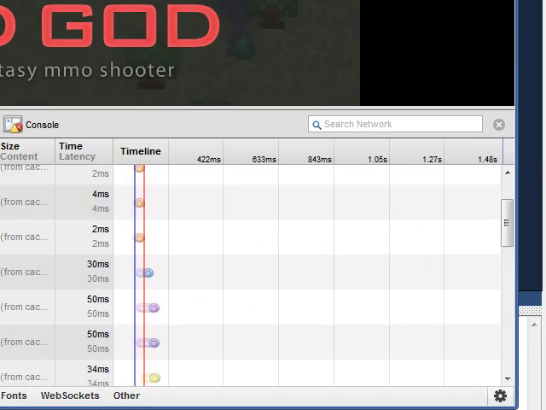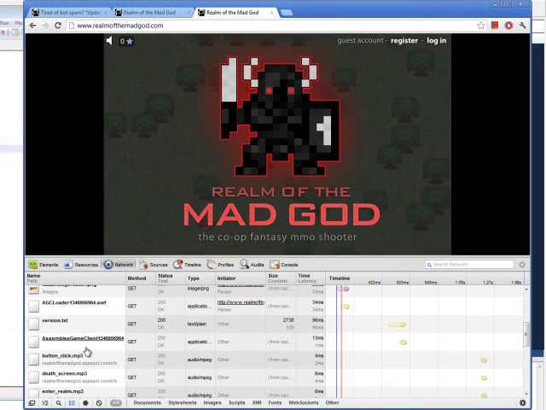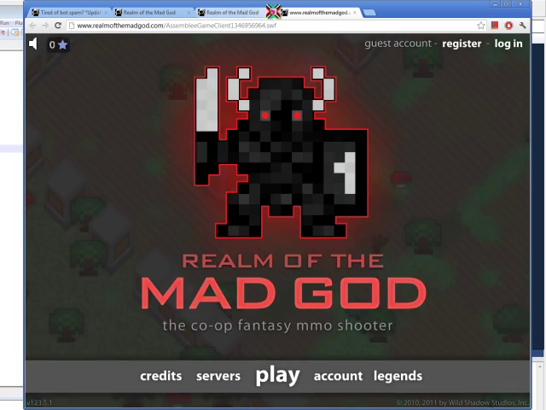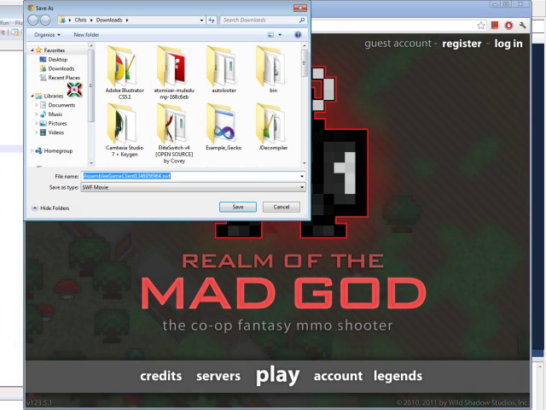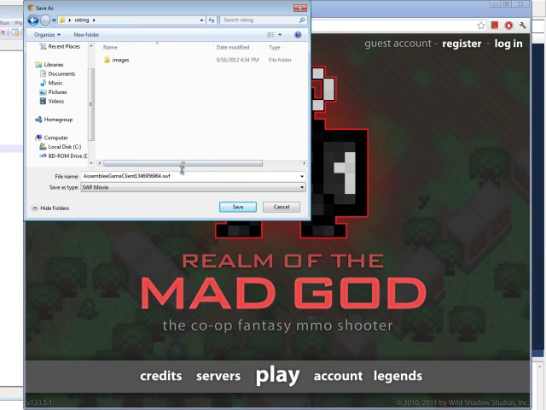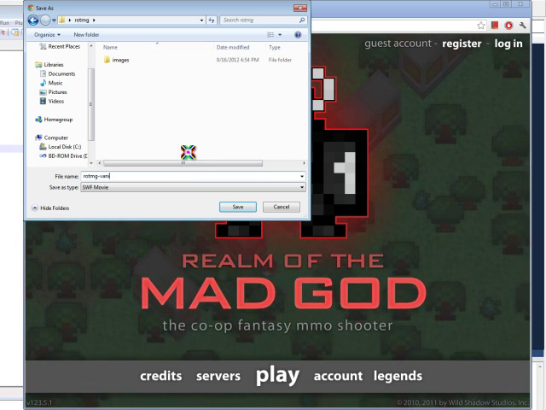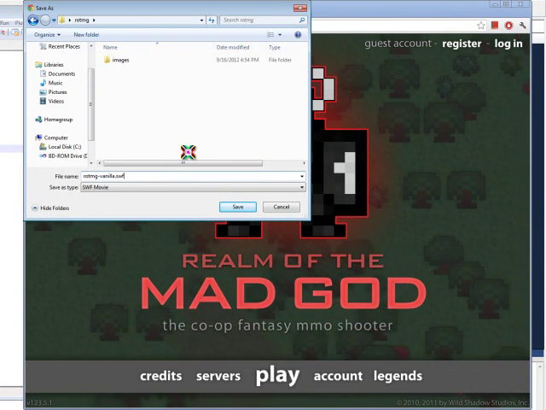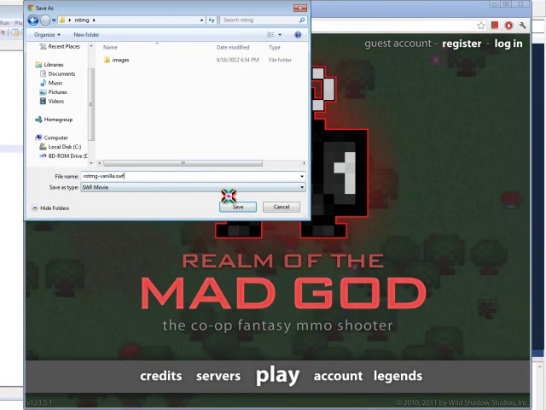If we scroll back up, we have the AGC loader right here, which, as I said, is not what we want. What we want is Assembly Game Client SWF. Pretty simple, just right click that, open link in new tab. You can go ahead and close the other one, and then save the page as. It'll save the SWF. Just go to your desktop. I have a Realm of the Mad God folder here. We're going to call it Realm of the Mad God -vanilla. I like to call it this just because it's an easy way to know that this is a client that hasn't been edited. It's a fresh download. So go ahead and save that,